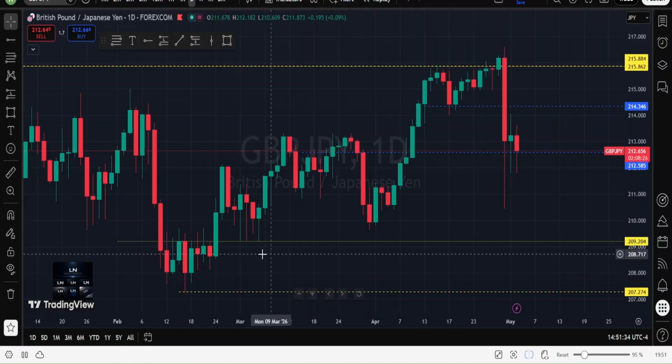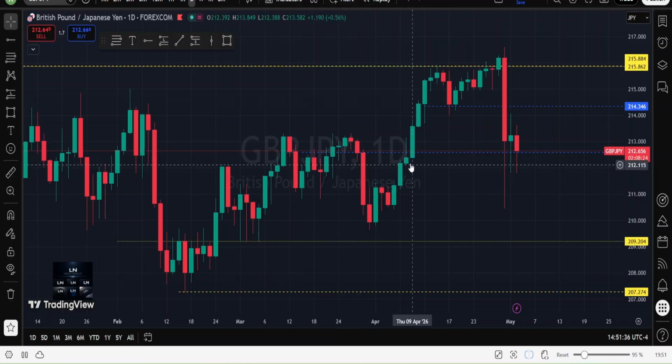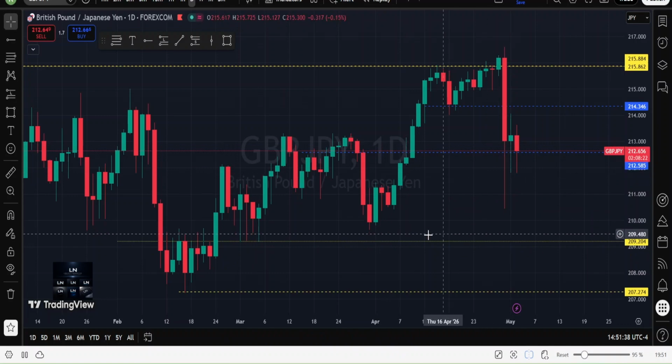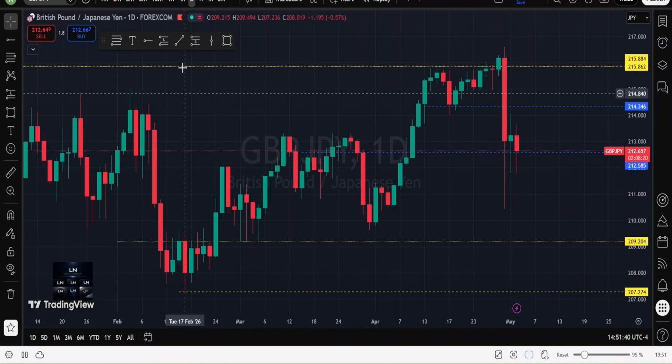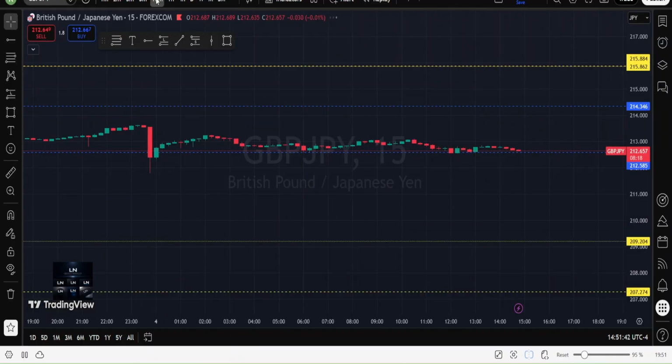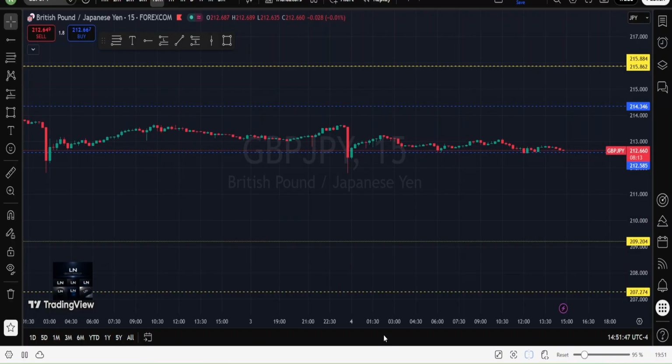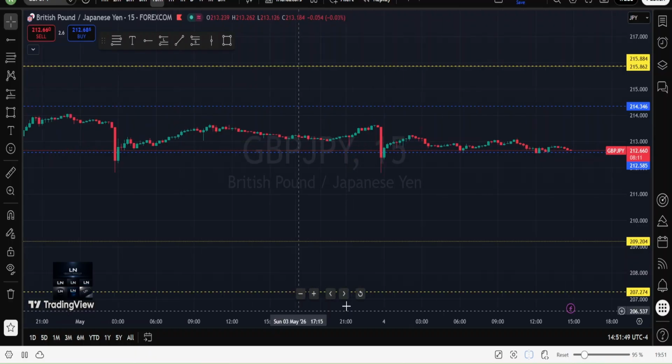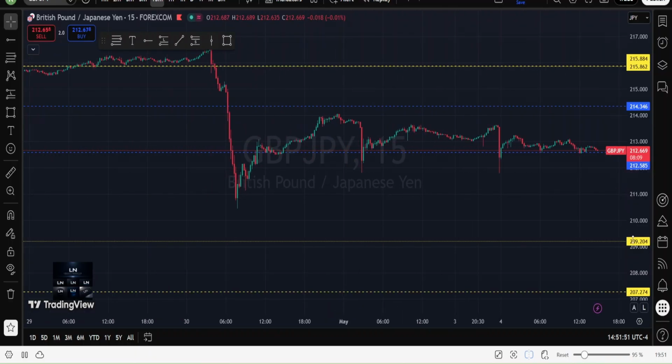Liquidity lies here, and price has a possibility of getting to this place before it can continue to go up. So let's use a 15-minute time frame because we want to make it as real as possible and it's not cherry picking. If we drop to the 15-minute time frame on this chart,